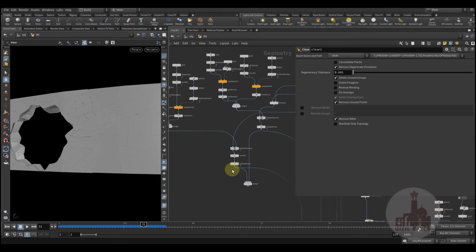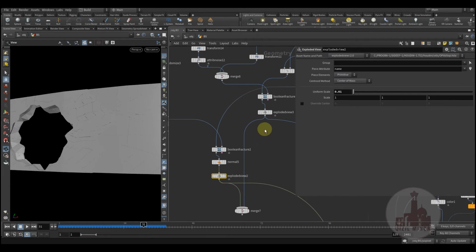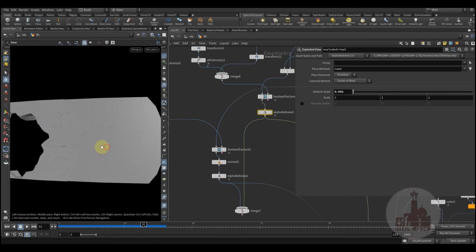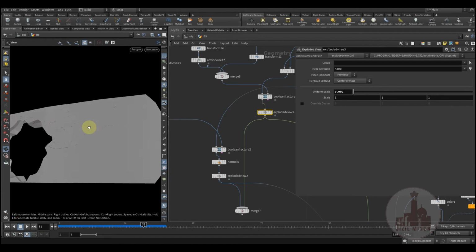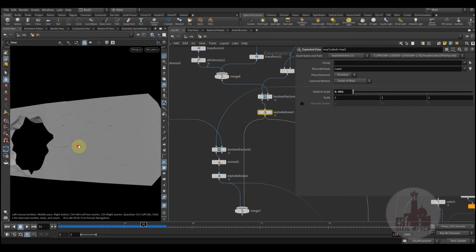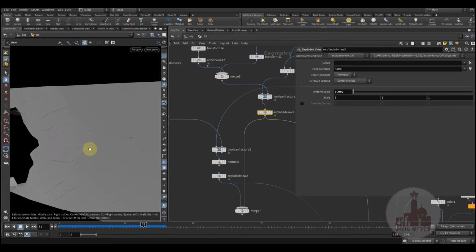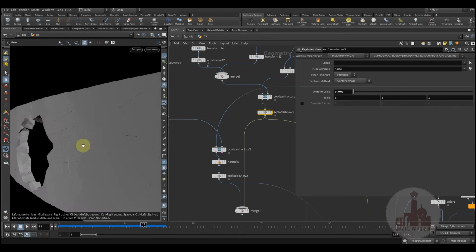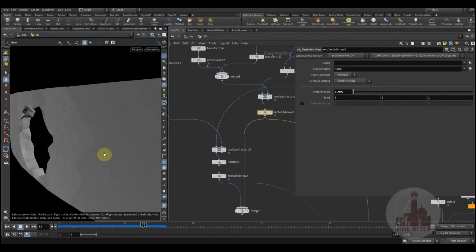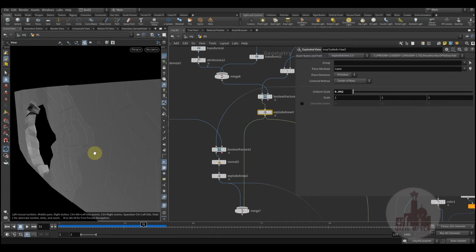So as I said, I'm using this exploded view just to make those cracks visible, not during the render, but also physically shattered geometry, so it could stand out a little bit,